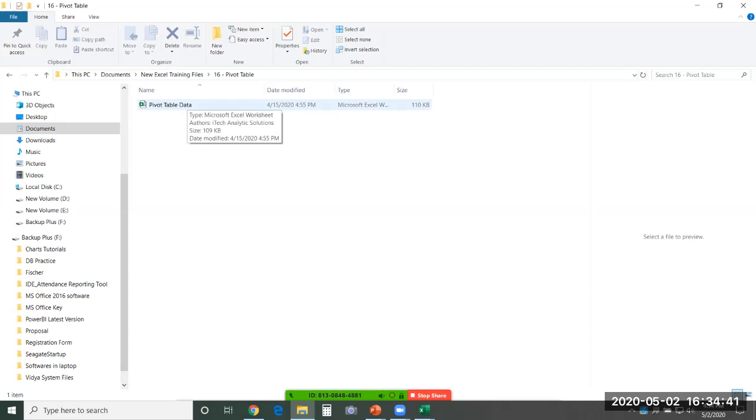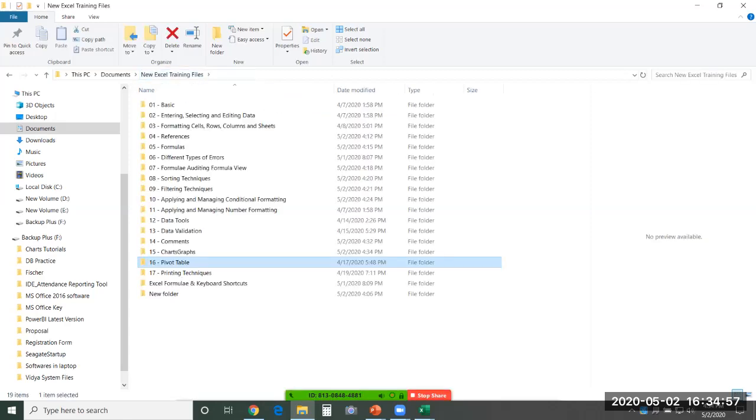Also some additional features that have been included in the newer versions of Excel, like Slicer and Timeline, how to insert those things. We'll be teaching you all that in this pivot table chapter. We'll also be covering the data model part: how to combine data from various sheets and, using that, how to insert a pivot table and summarize data which is available on different sheets in the same workbook. So those things will be covered in pivot tables.